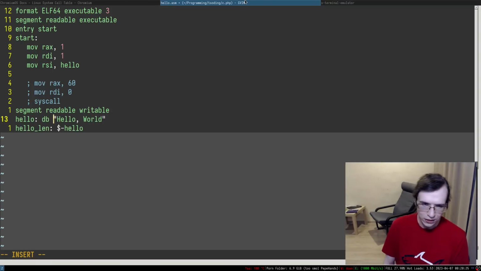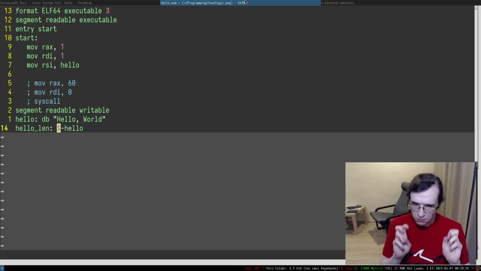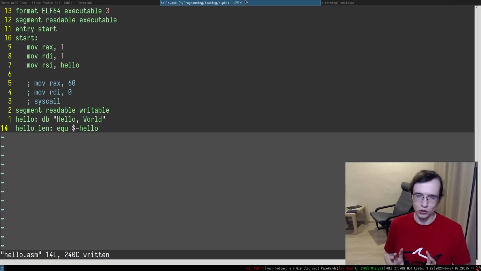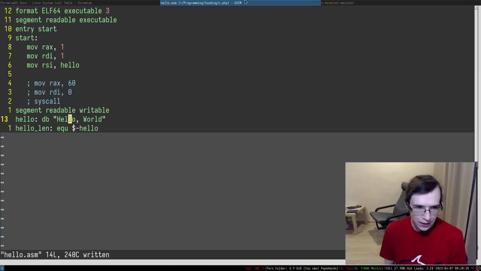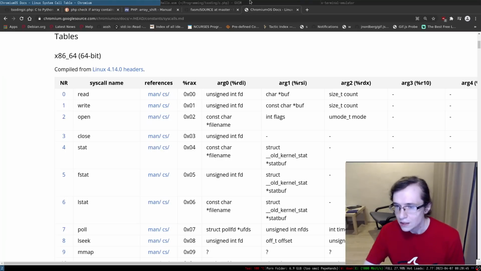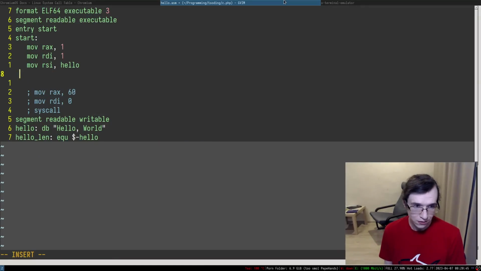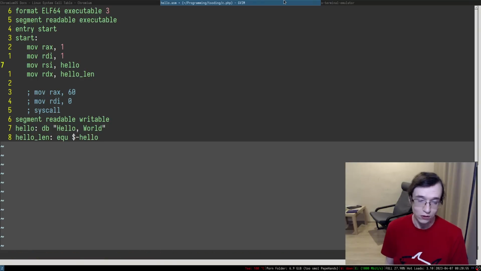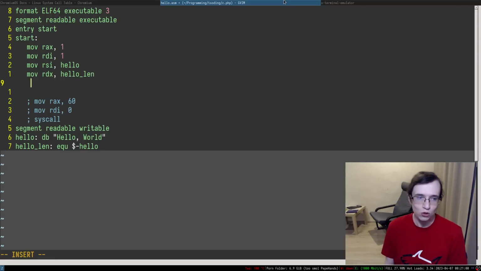if I remember correctly, right? And to make this sort of like a compile time expression, we have to put equ, if I remember correctly, like it's a special magical thing that you have to put in there. And that way you can actually put hello into RSI, which is going to be the pointer to the beginning of the buffer that you want to output, and then into RDX, you have to put the size of the buffer that you want to output. So this is going to be hello len. Right, so essentially here is the syscall, and here are the arguments of the syscall, and then you just perform the syscall.